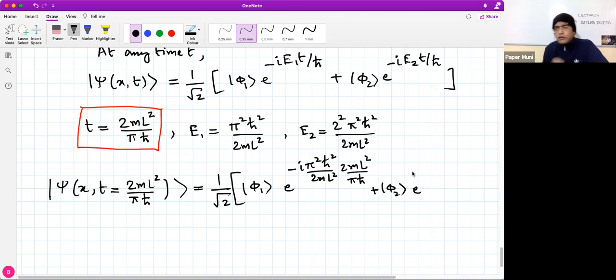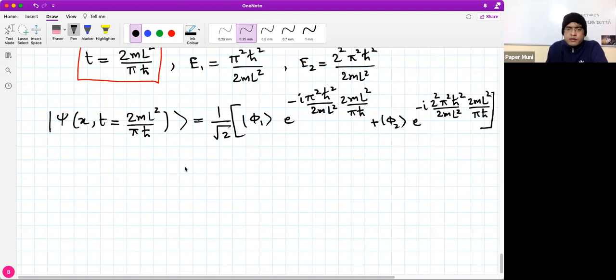When I taught you the method earlier, we didn't know the values of E1 and E2, so that is why we took one of the factors common. In this, we already know the values of the energies, so in this case, you just substitute the values. So what will you get? This is 2²π²ħ²/(2mL²), and here it will be 2mL²/(πħ). All right, so this is the expression